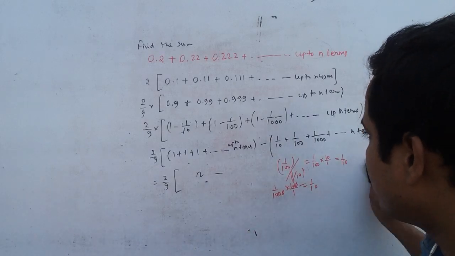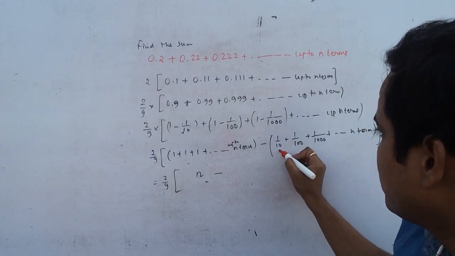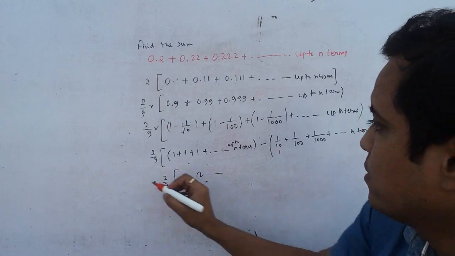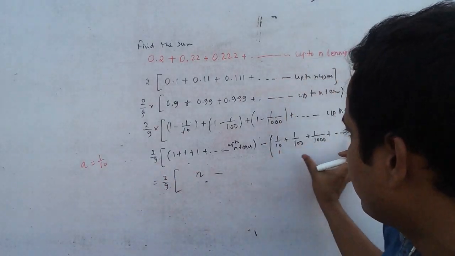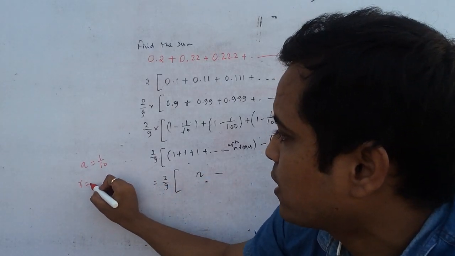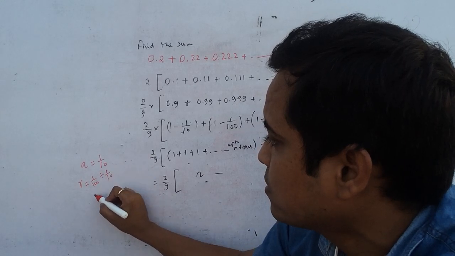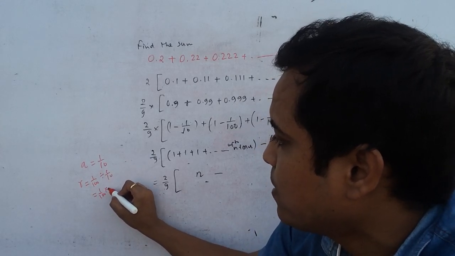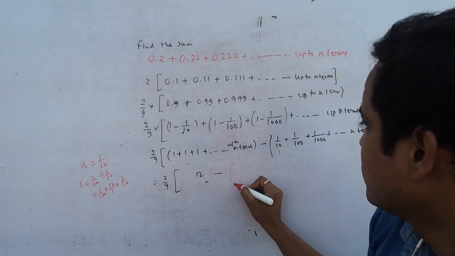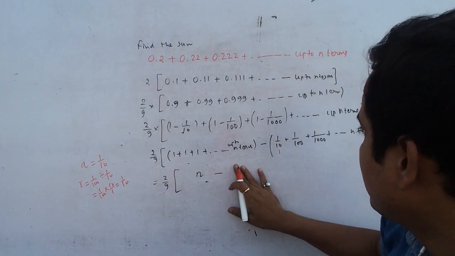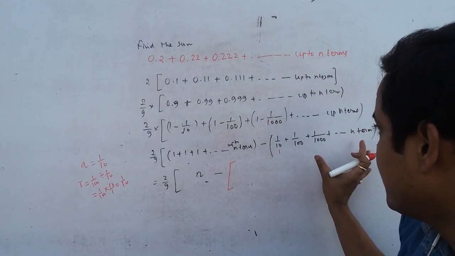The first term you got here is 1 by 10. For this, your common ratio r is 1 by 100 divided by 1 by 10, meaning 1 by 100 multiplied by 10 by 1, it would be 1 by 10. So yes, now you can write here what is the sum. You know the formula of sum, Sn, it has n terms,